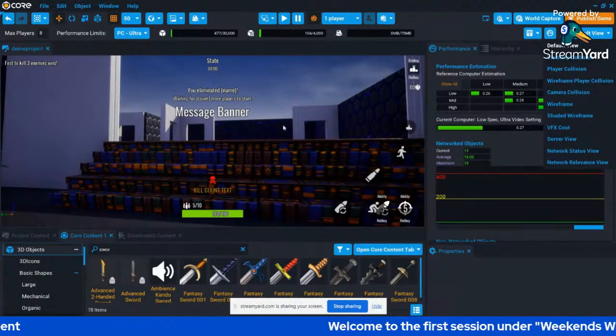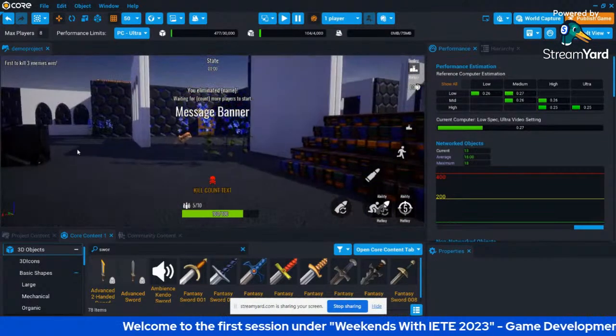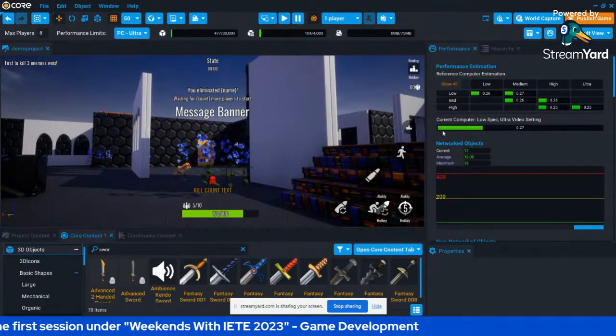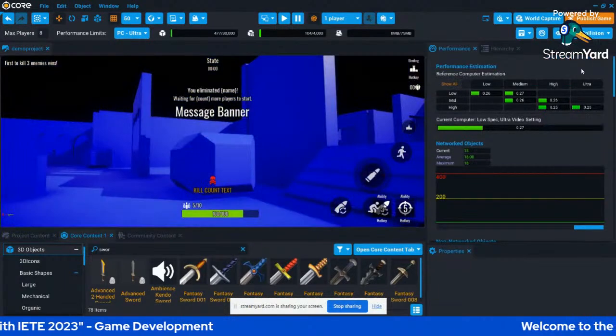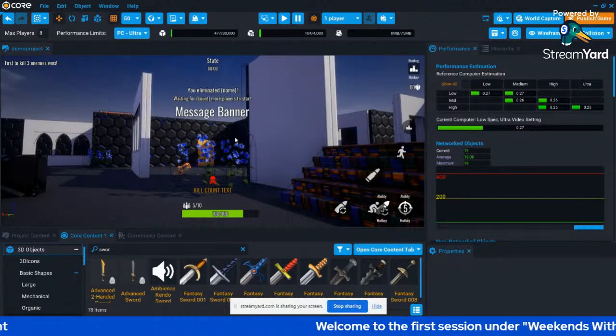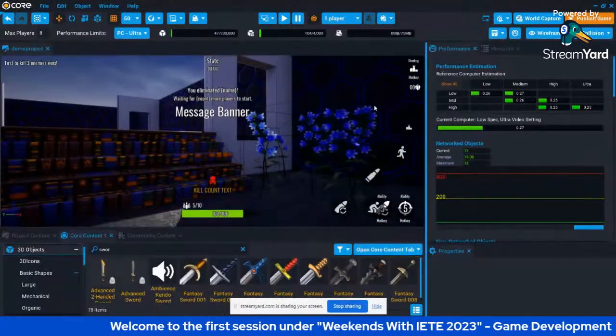And let me take you to a prop and show you how this collision mode looks. Okay, so we have a prop standing right in front of us. Let me change the view from default view to player collision, or wireframe. You can see all the objects through which your player is going to collide.